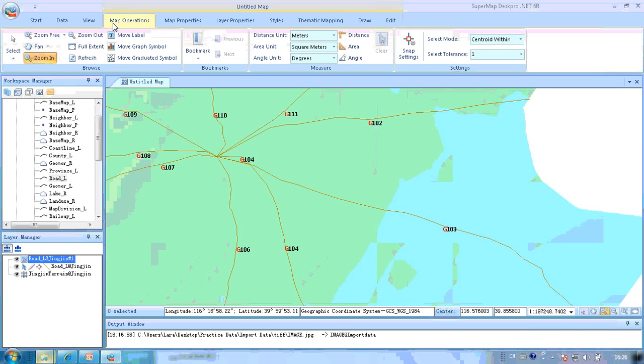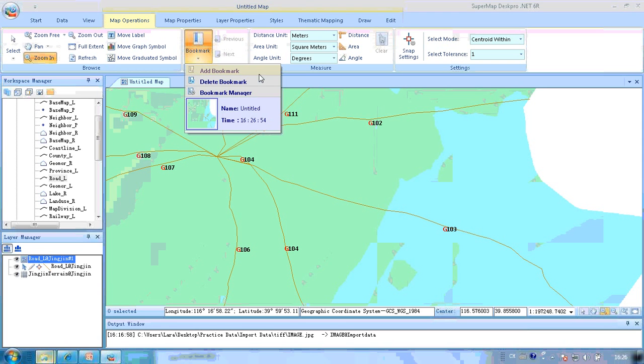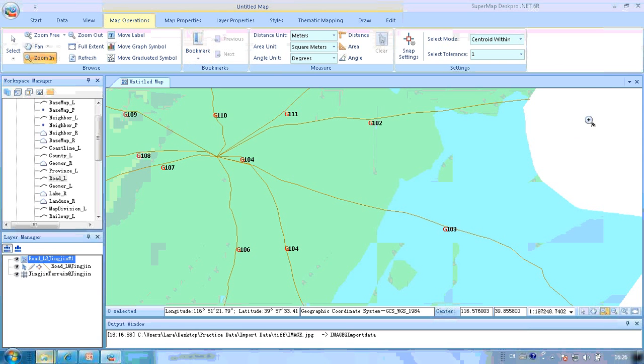This is a function for map browsing. Just click the drop-down arrow and add the current map as a bookmark. And if you want to zoom out the map, you can click the zoom out button and